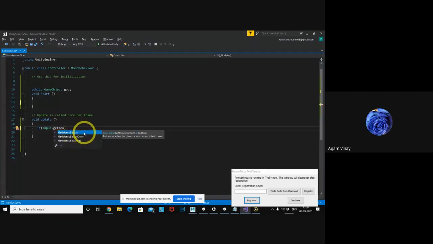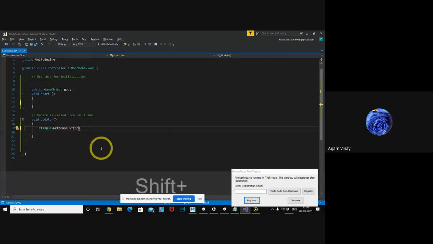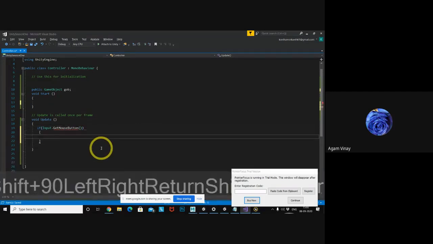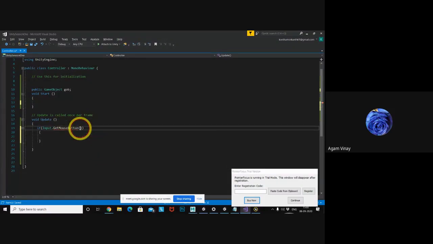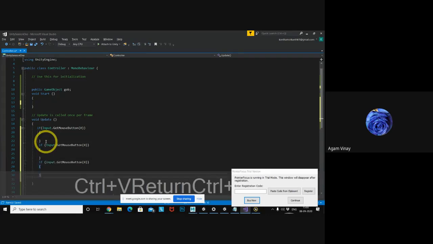So I want to show you all the mouse clicks. A mouse has three buttons, right: left, right, middle. GetMouseButtonDown expects an integer value. So 0 means left click, 1 means right click, 2 means middle click. I am just copying and pasting.